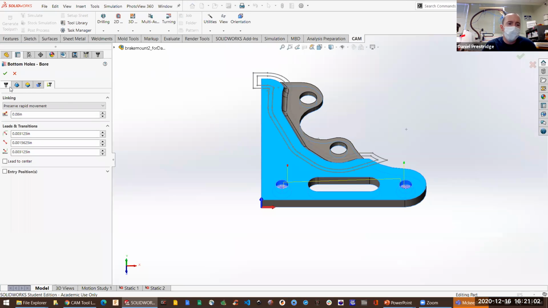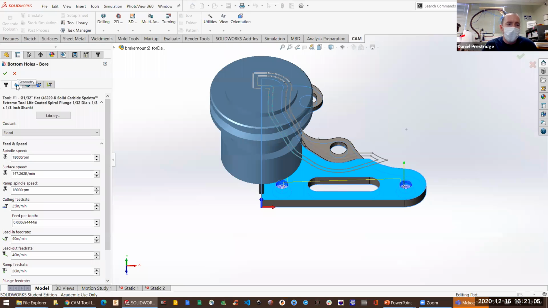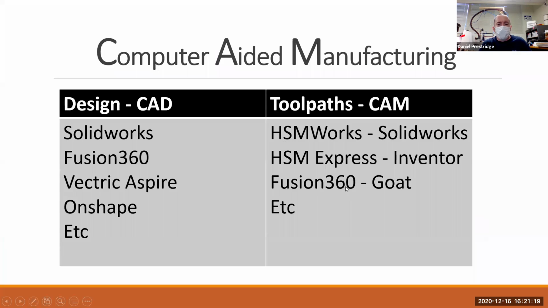360. And it'll be the same thing that you see on Inventor. And it makes it real useful to switch from one to the other, in addition to the fact that it's very user-friendly compared to a lot of the other stuff on the market. So that's one of the things that I generally recommend: either running it through 360 if you can, import whatever your part is and then do it from there so that you can take advantage of the tabbing and the nesting capabilities, or at a minimum using HSM Works, which is free to students, SolidWorks, which I think is